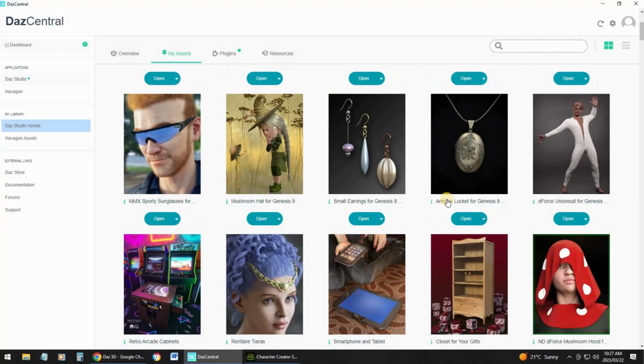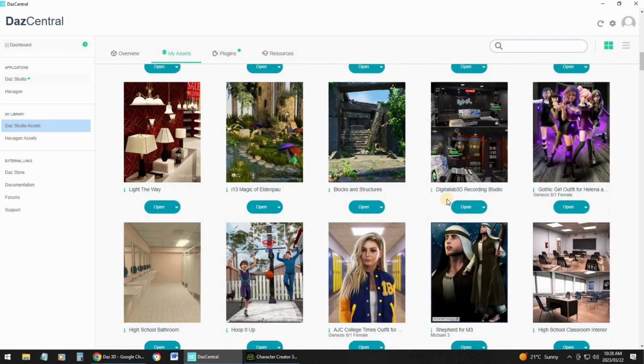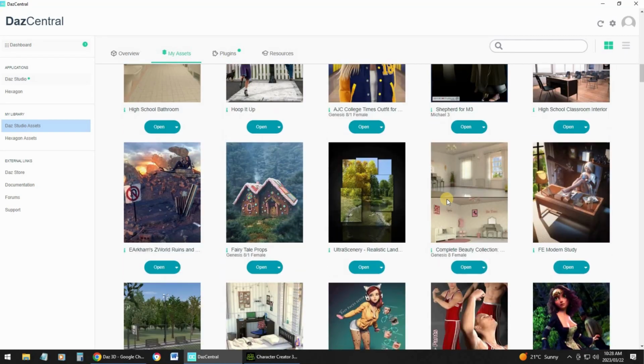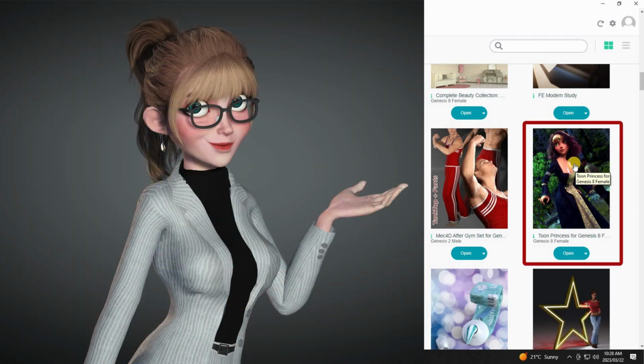If I go to my Daz Central, this is everything. So basically what I do is I build up a library of 3D characters, clothing, props, scenes, etc. So I've got a lot of things here. If I scroll down, this character, Toon Princess, is actually one that I've used recently for one of the characters of my